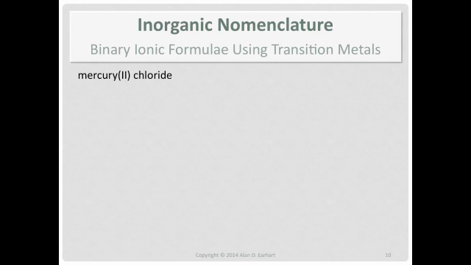Well, the only way to get a handle on this is to do some examples. And we're writing the formula from the name. So that makes it nice if you get a stock number, because you know what the charge is. You know it's going to be a cation, and the Roman numeral tells you the charge. So mercury 2 has a 2 plus charge. And chloride has a minus because it's 7A. And now you do what we did before. You do the charge balancing.